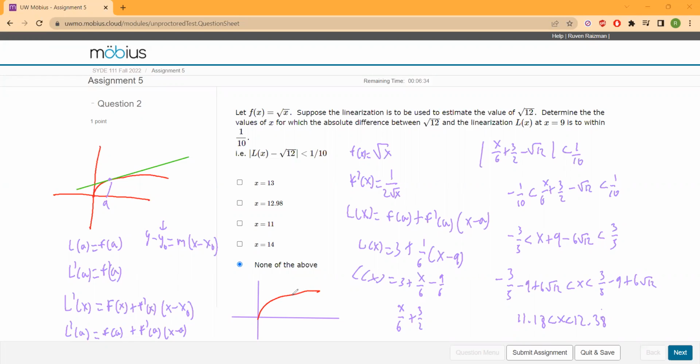So 9 should be somewhere over here, let's say. So 9, and this is 3. So if we build the line at that point,